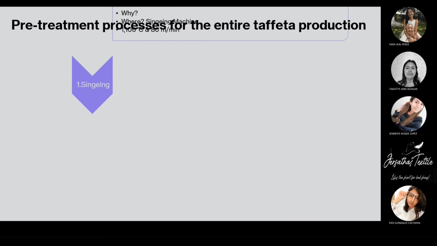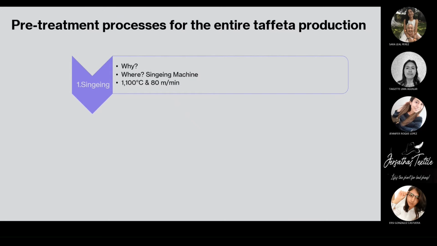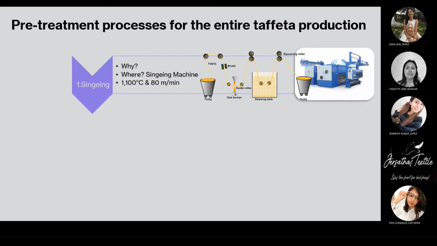And now we move on to the wet and finishing processes. The pre-treatment processes for the entire taffeta production are: number 1, we need singeing, but why? It is required to remove the linters from the surface of the fabric and improve its appearance. It's done in the singeing machine, and the fabric is exposed to flames of about 1100 degrees Celsius at 80 meters per minute. The following step, number 2, is to give de-sizing, scouring, and bleaching at the same time,